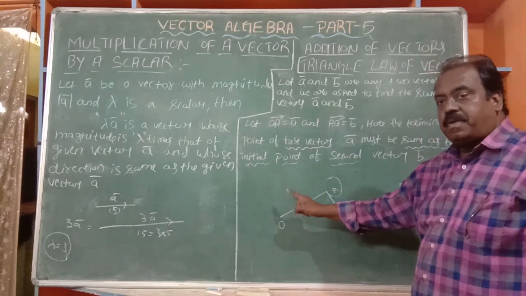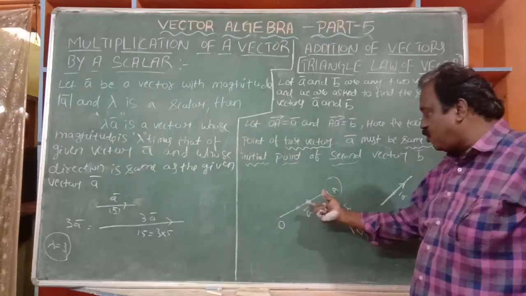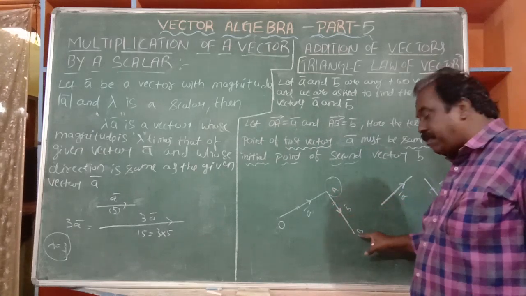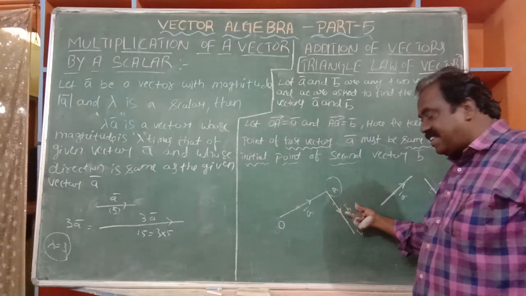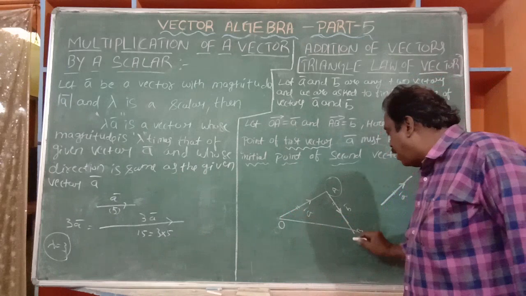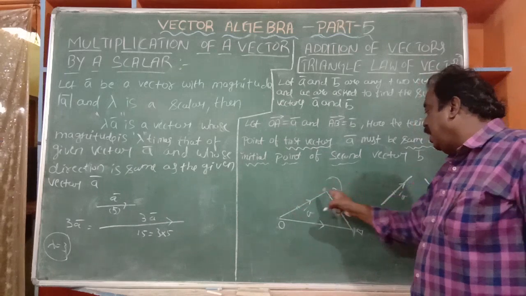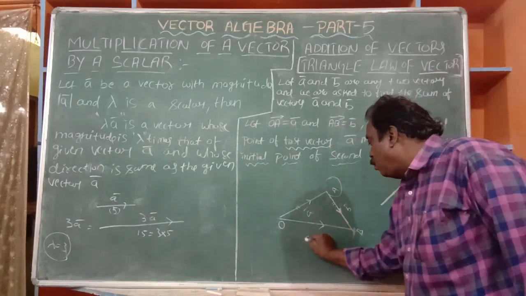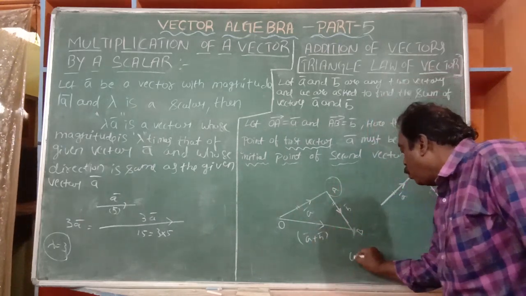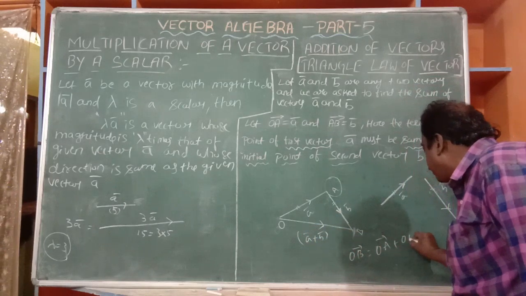Now you see, by using the concept of displacement, a particle, a body, a thing starts its motion from the origin O to A. It covers a distance of A units, so it is A bar. And it takes a diversion and reaches point B, covering a distance small b. That is why it is B bar. Now what is the displacement? AB bar. You agree? AB bar is the displacement. So O to A to B, OB bar. Here what is OB bar? A bar plus B bar. You agree? So OB bar is equal to A bar plus B bar.